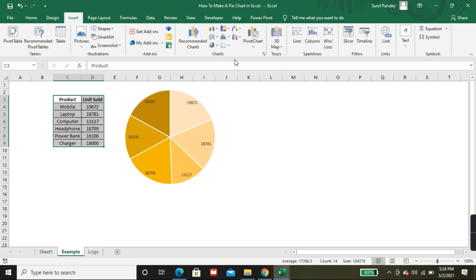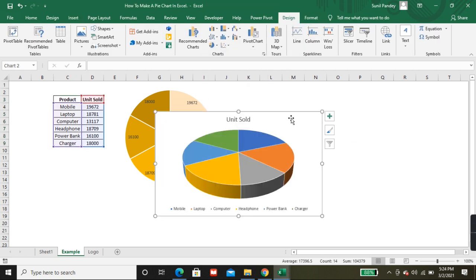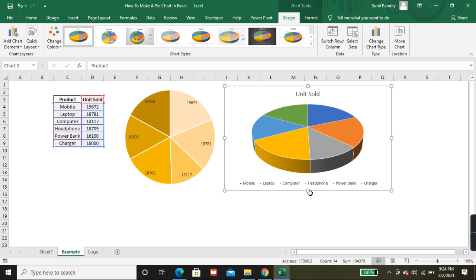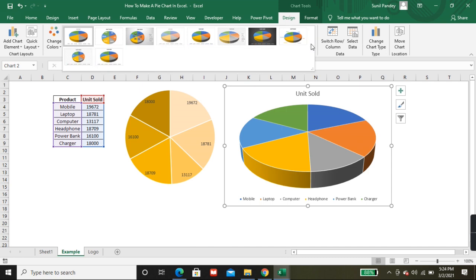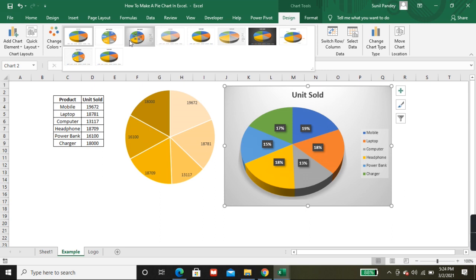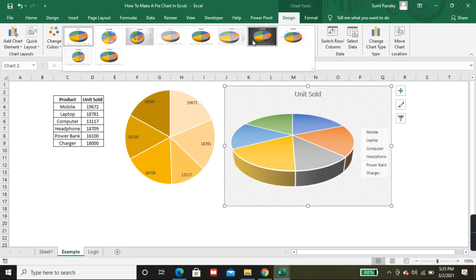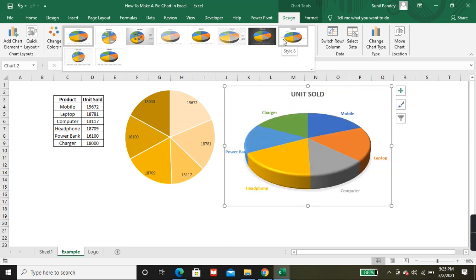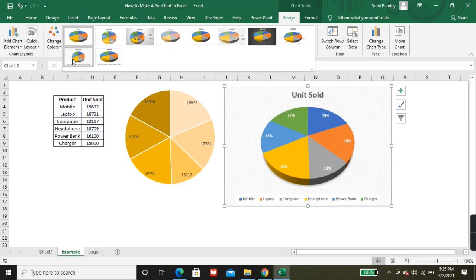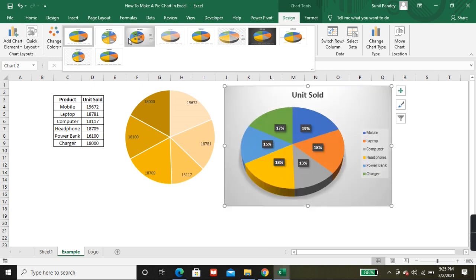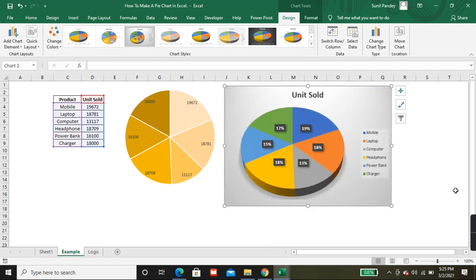Okay, and if you want to insert a 3D format, you can use that also. See, you can use it, and it's ready-made. You don't have to do anything, just choose whatever format you want. See, you can choose this. Okay, if you don't want this, you can delete it or you can keep it.